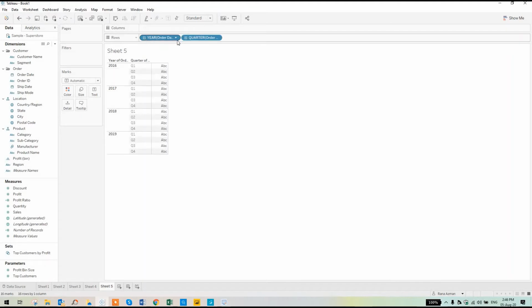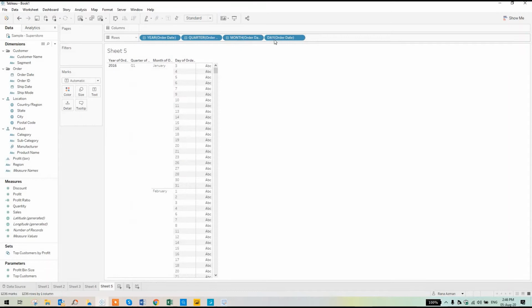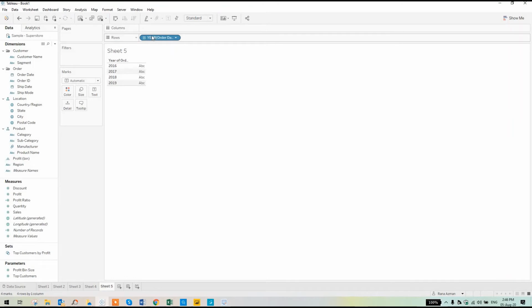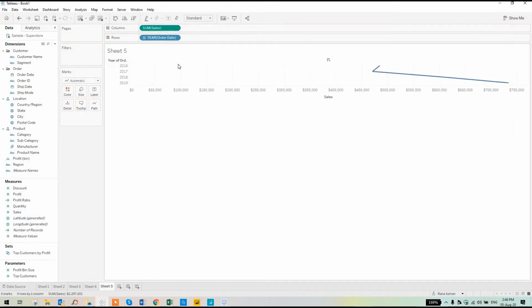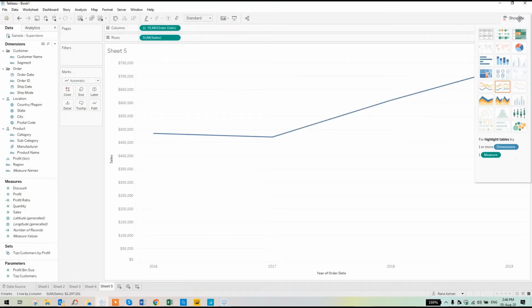You can click on that, it will show by quarterly, then month, then day. As you can see, this is also a hierarchy, but you just want to show the year wise sales. So we'll put year wise here, but it's not making any sense. So let's click on that.